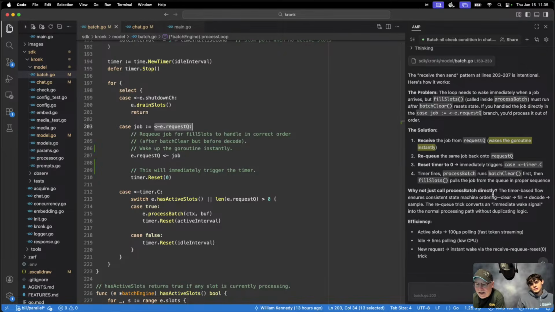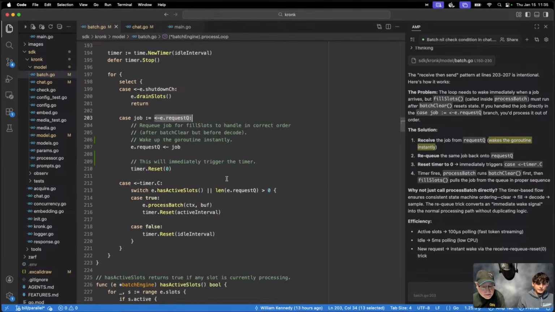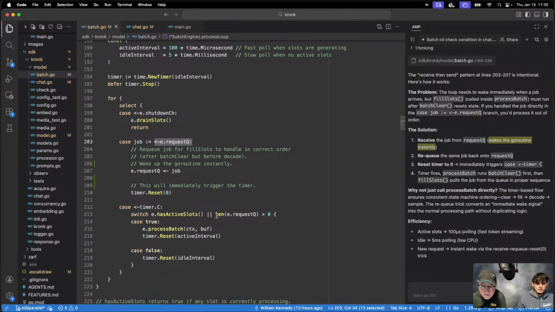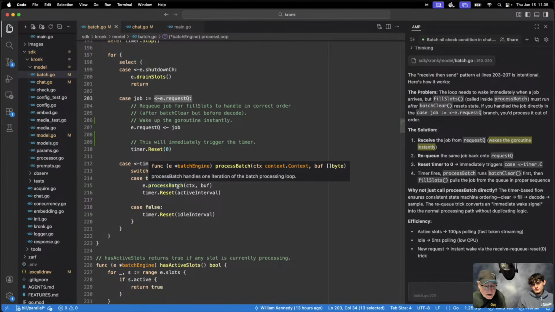Now, the timer-based flow ensures consistent state machine ordering: clear, fill, decode, sample. The requeue trick converts an immediate wake signal into a normal processing path without duplicate work. So we could literally not have to wait a millisecond. We can wait sub-millisecond time here. But if there's nothing going on, we're not burning the CPU for no reason. Instead of doing it every, say, 5 milliseconds, it'll wait out that interval. Now, that's pretty cool, right? Now, the other thing I'm confused about now is